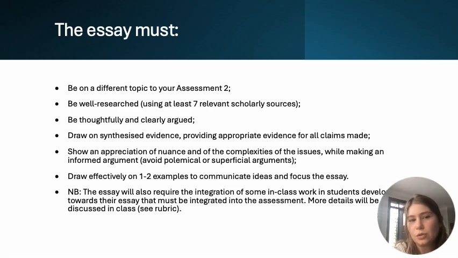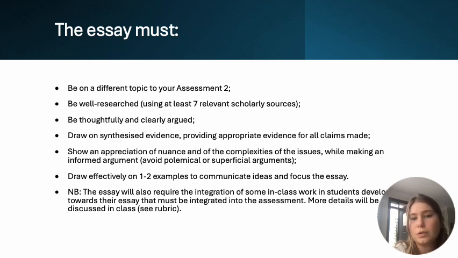Engaging in that nuance should also make sure that any argument that you develop is not superficial, as this states what we really want you to be thoughtful about in this task. So diving into some of that nuance will kind of guarantee that.